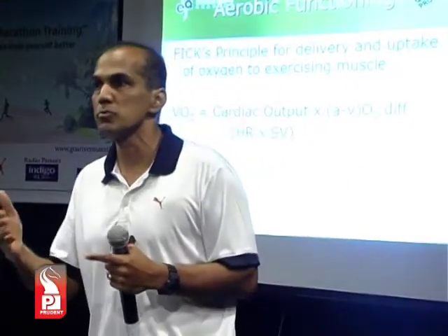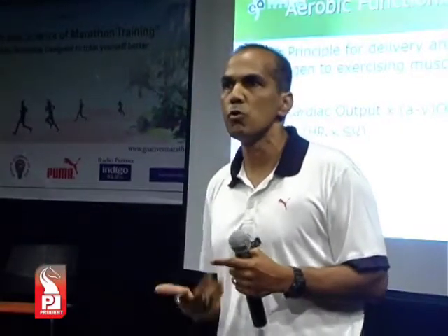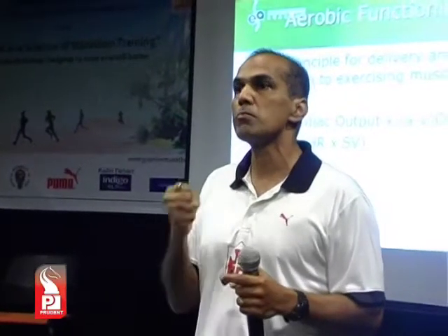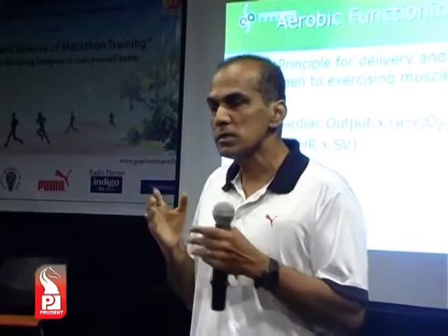The muscles consume this oxygen. Where do they consume it? They consume it in metabolism. They consume it in burning the energy required for propulsion and making you move forward. Now, we usually define runners across the entire human spectrum in terms of their ability to extract this oxygen from your blood. Okay? What is the meaning of this?